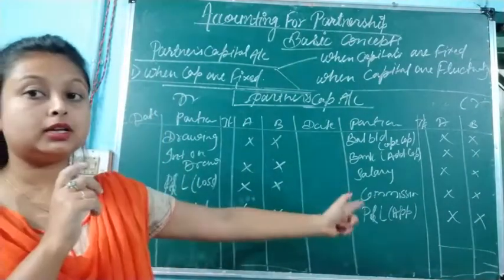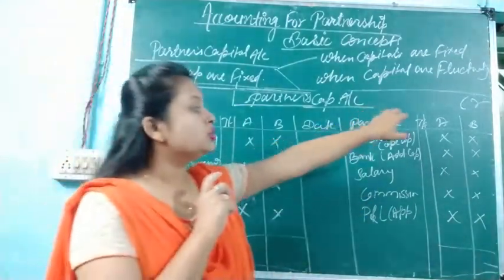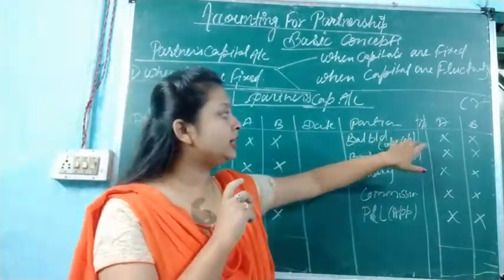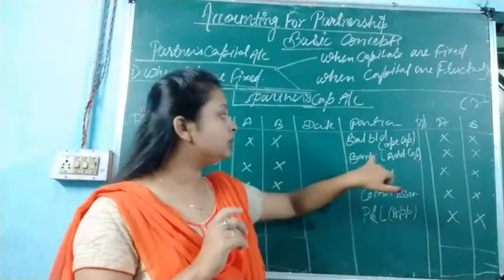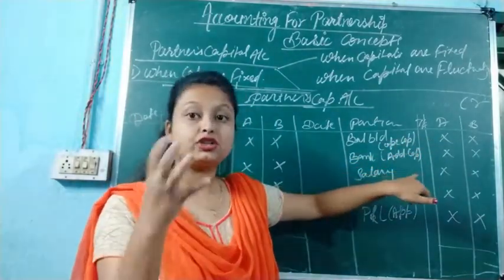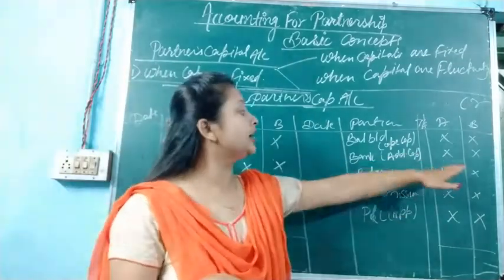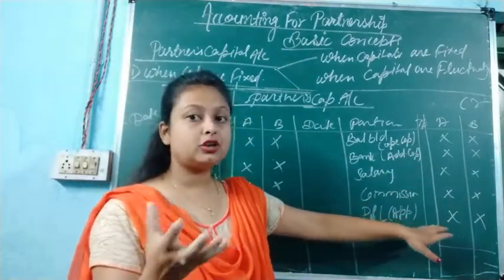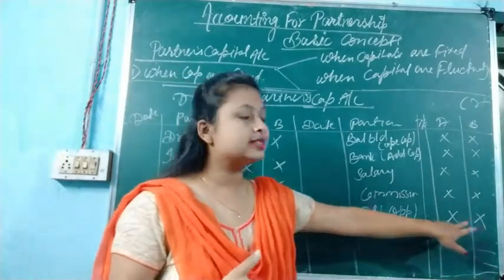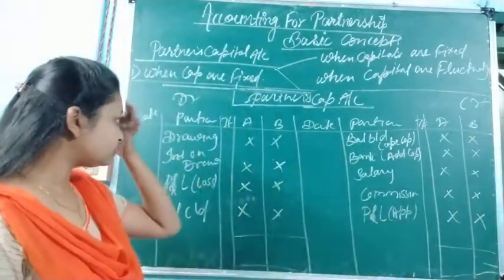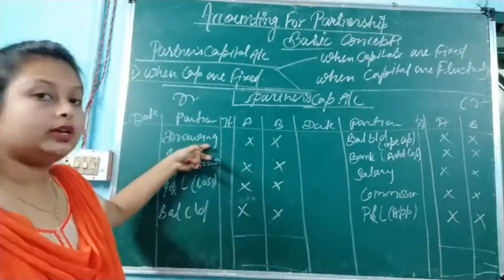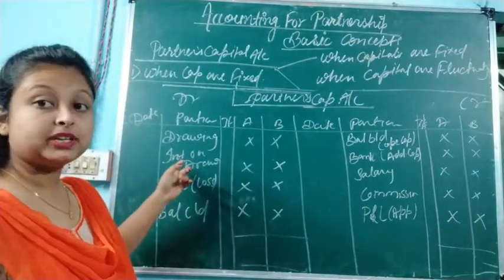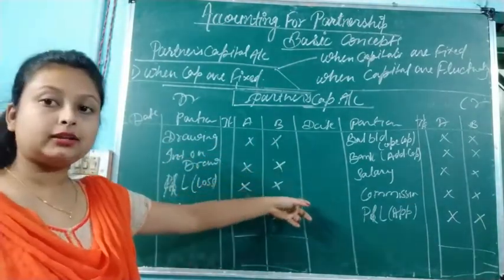Now what is the format of the partners' capital account? This is the format. What all things do we have to write down? Firstly, we write down the opening capital, and the bank amount if additional capital has been introduced. Then write down salary, commission, and profit and loss appropriation balance. If profit is there, we mention it on the credit side. On the debit side, the drawings given in the question, and the interest on drawings we have to calculate.